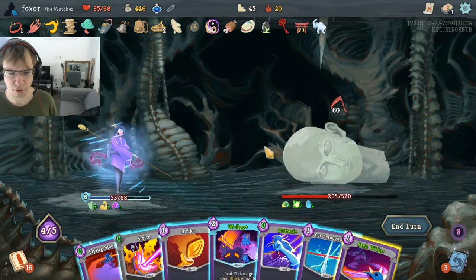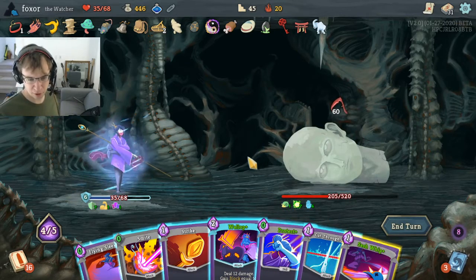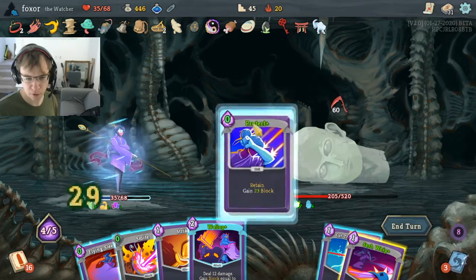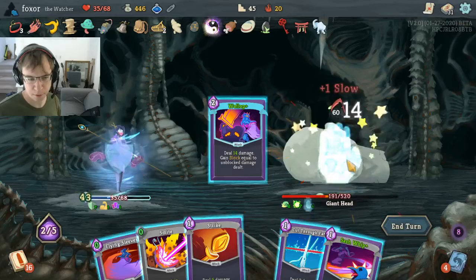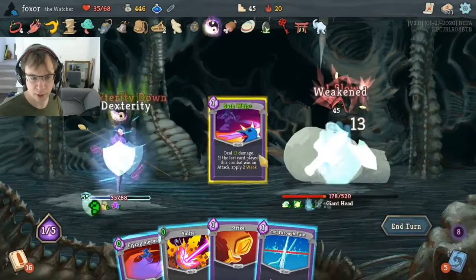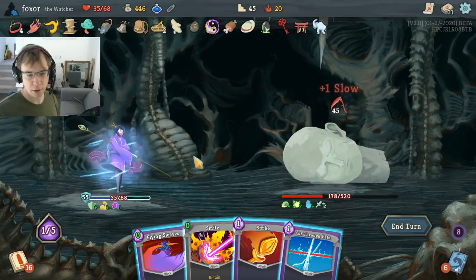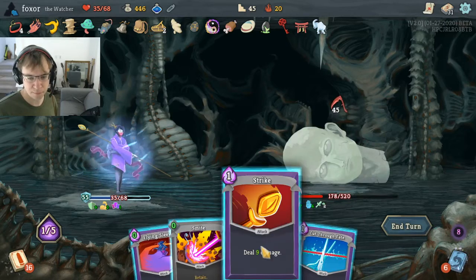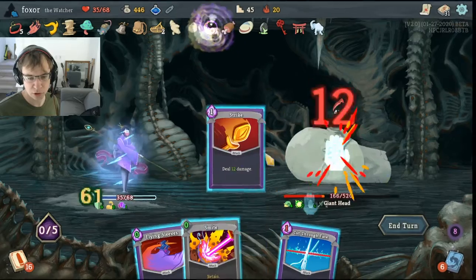Do we need to protect this turn? We do, unless we're planning on finding 10 attacks somewhere. So let's protect and wall up, and weaken. And we've got room for 2 more attacks, so let's go ahead and strike and